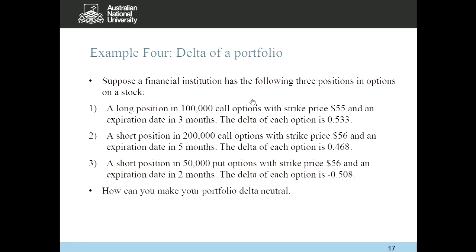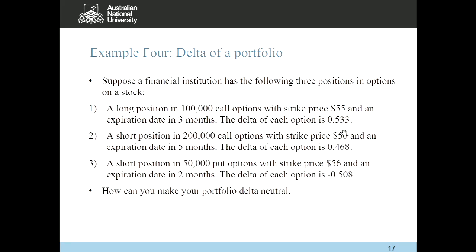That means the different positions would come with different deltas. The first bullet point says a long position in 100,000 call options with strike price of 55 expiring in 3 months' time, and we don't need to calculate the delta, so the delta is given by the question. The delta for each option is